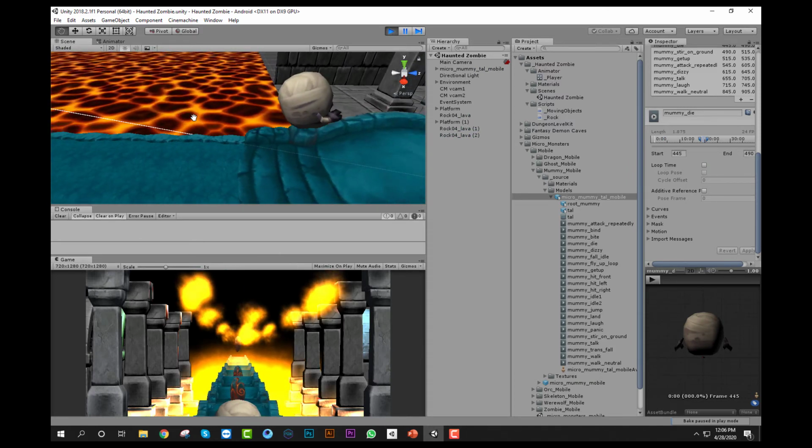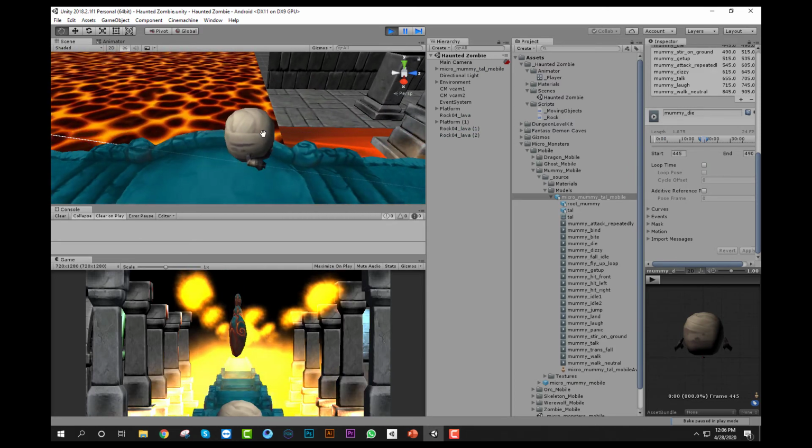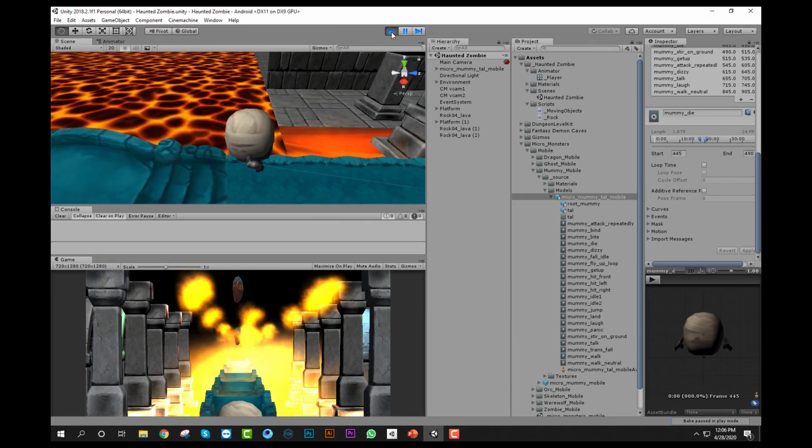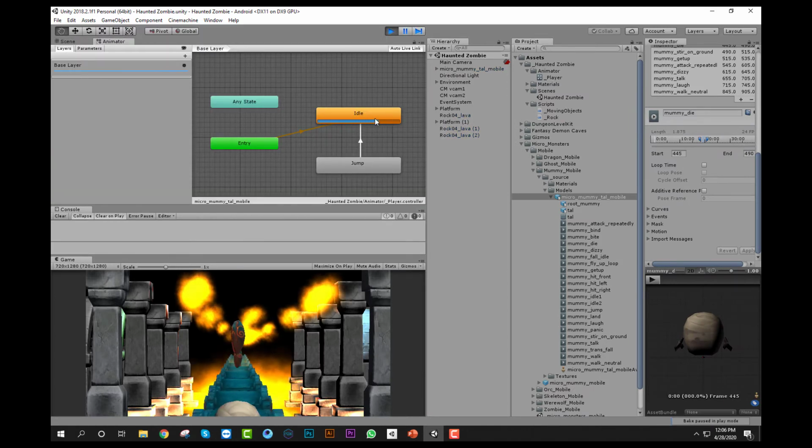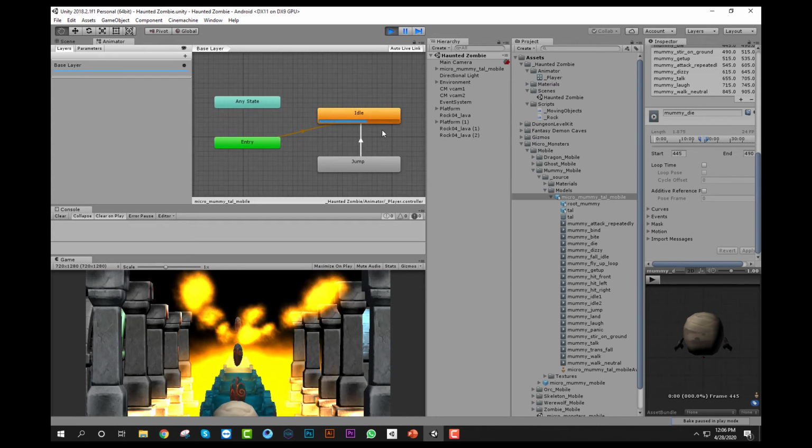Now it will run again and again, and it will not stop. That's what I want. And you can also look at your animator. This will run again and again.